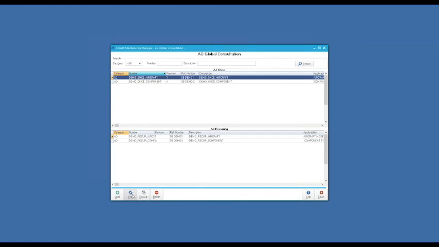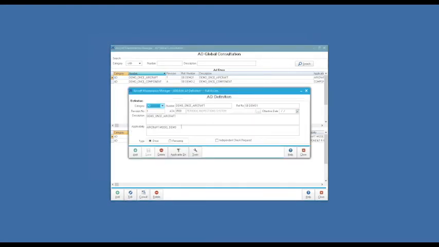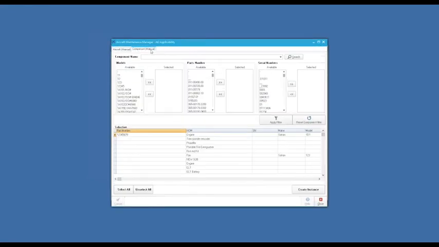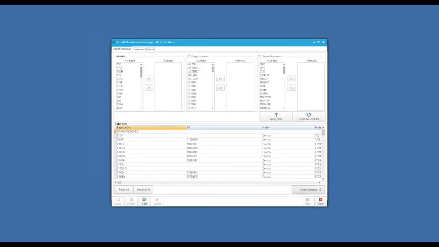You have AD edition and consult. The edition will allow you to modify the principal information of your AD definition, and you will have in here a button, applicable on, which will allow you to create the instances that you want on aircraft or on component.